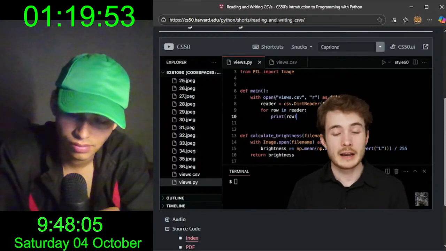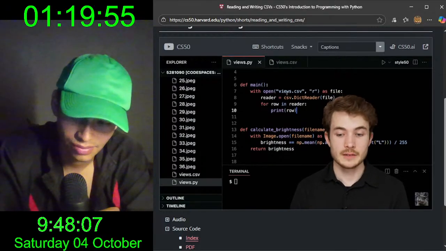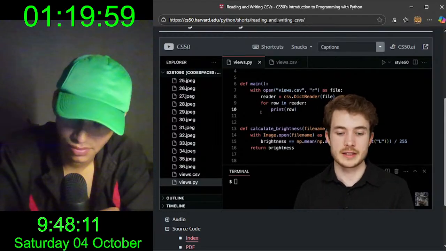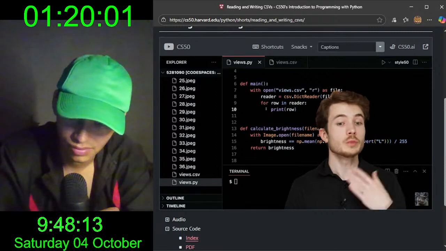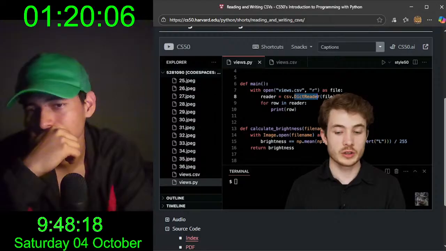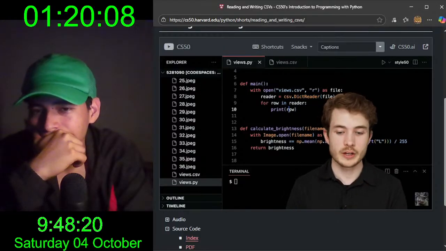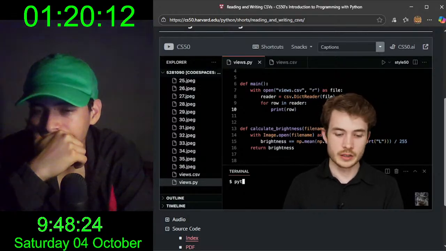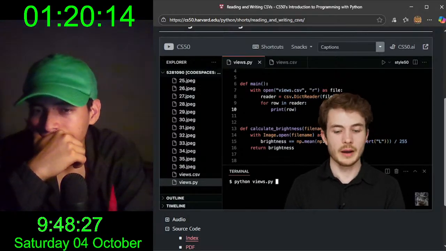So what have I done? I've opened up views.csv, called it file, so long as we're inside of this indented block here, lines 8 through 10. I'm looping through every row I receive from this object called a DictReader built into the CSV library, and I'll print the results as a row. Let's go ahead and run python of views.py, and